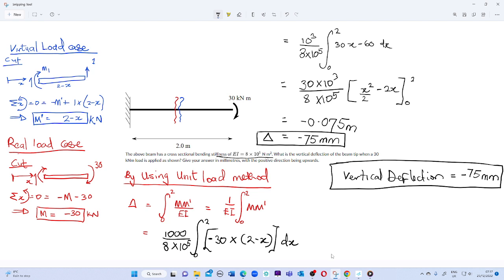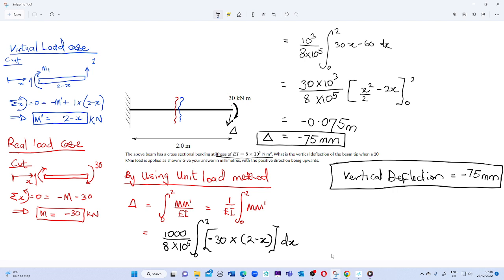Now, first of all, for us to calculate the vertical deflection on the beam here, downward, we need to use a method called the virtual load case. How do we use the virtual load case? First of all, we cut the beam section at the middle. By cutting it in the middle, we have the vertical force of unit load of 1 as a virtual load case, and we have the